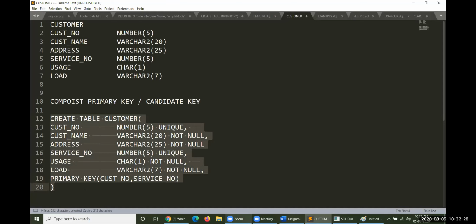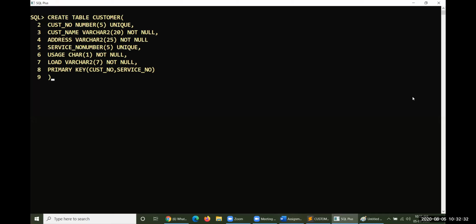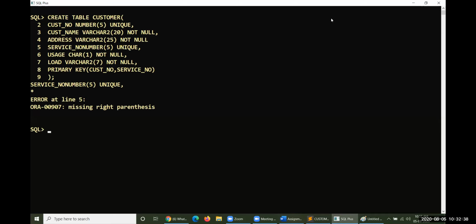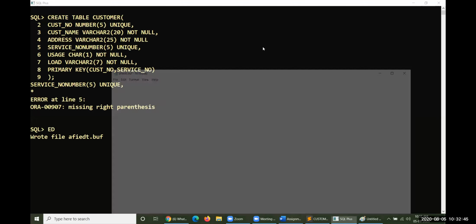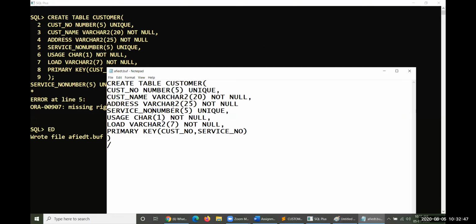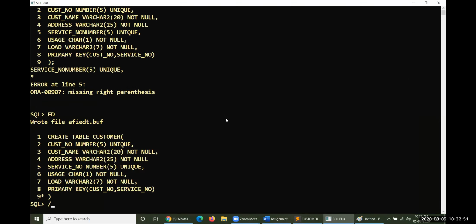Okay, let us copy this one and paste here. Everything gets pasted here. So here, this is the candidate key. Then semicolon, and what is this? The problem is some space, space is left over here. That is the only problem.